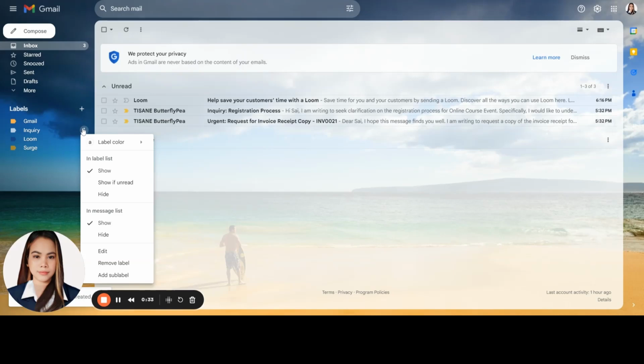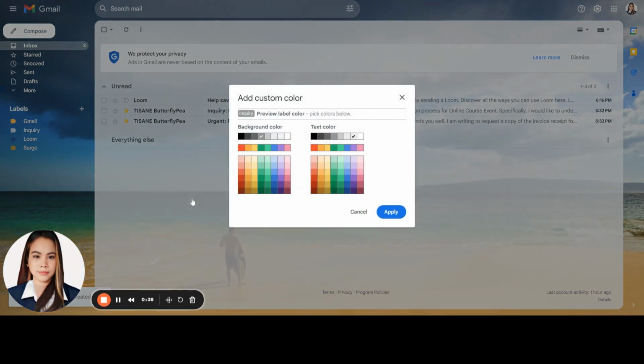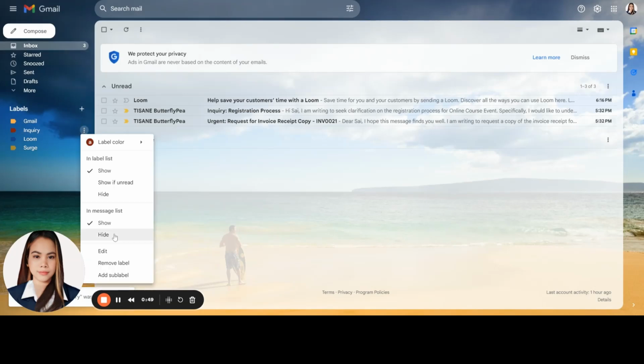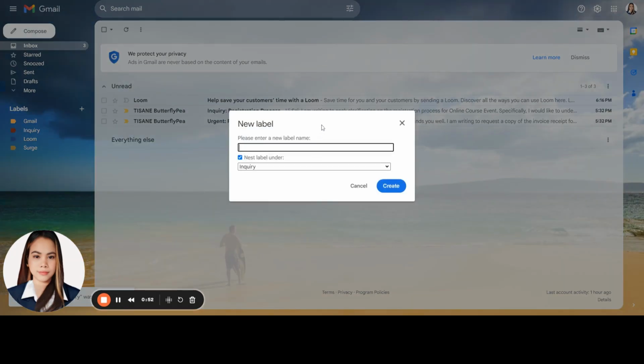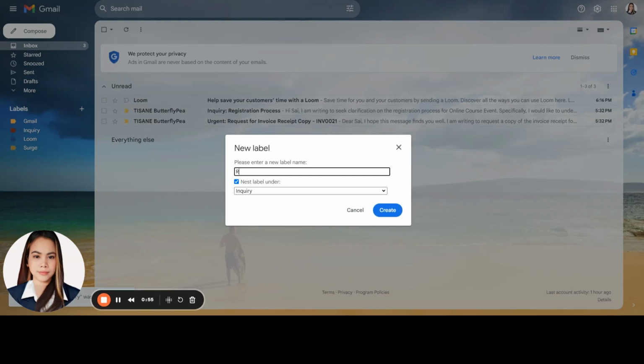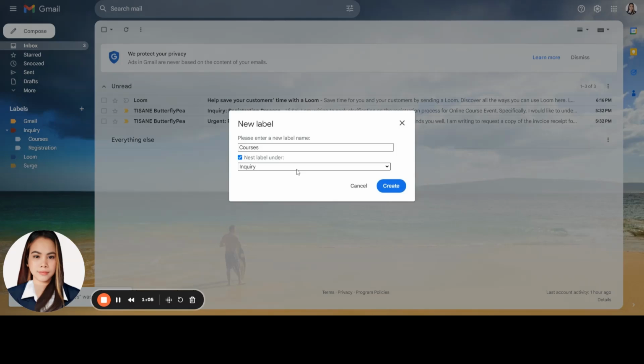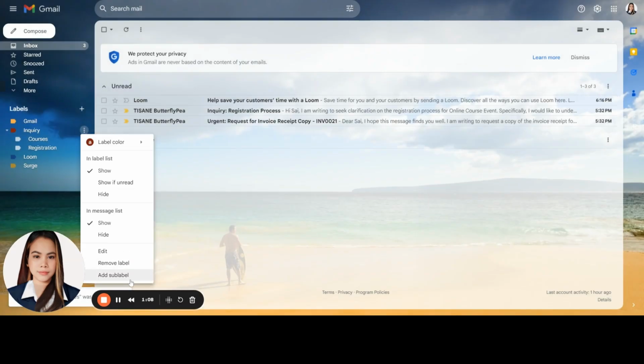there. Once it is available, we can also customize it through changing the folder color like this. And after customizing the color, we can also add a sub label regarding different inquiries like registration, courses, and payments.